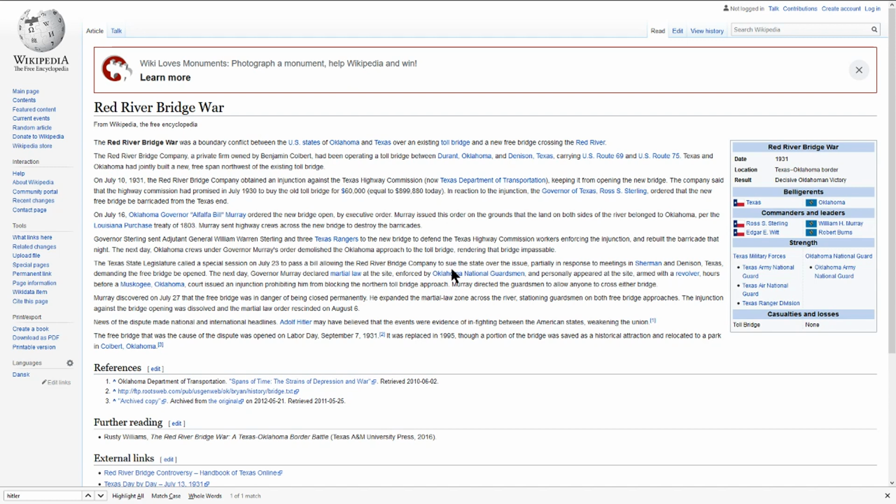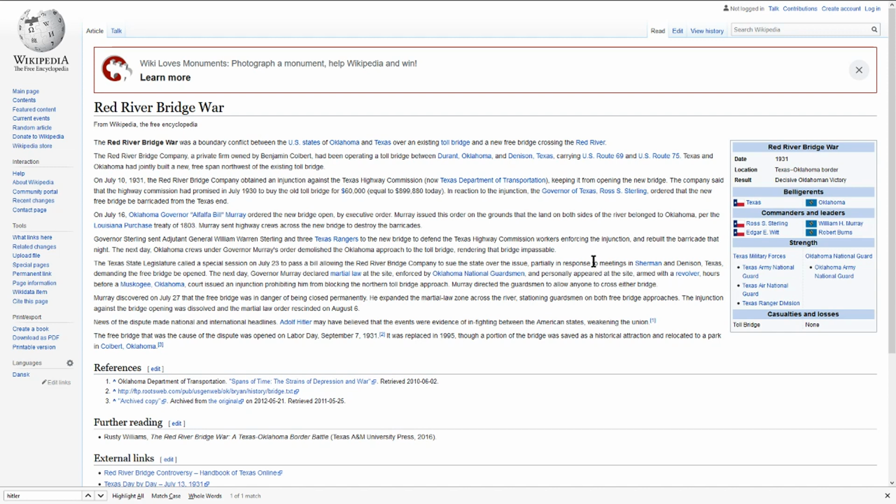The Oklahoma National Guard, the Texas Guard, Texas Air Guard, Army Guard, Rangers, and Oklahoma National Guard faced off across the bridges between the two states. It was actually a war between the two states. Now, no shots were actually fired, but tanks and the military were on both sides,